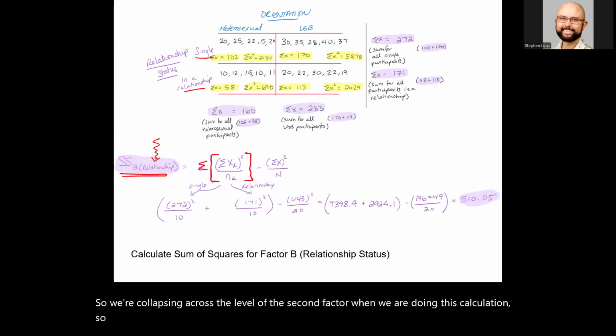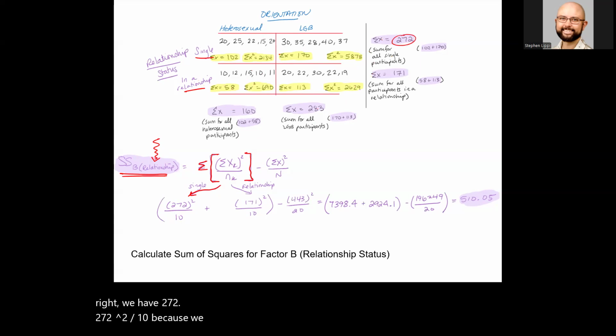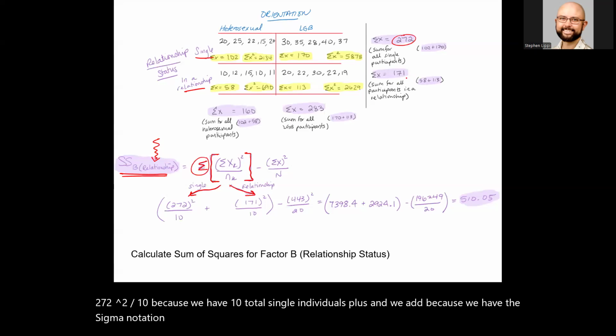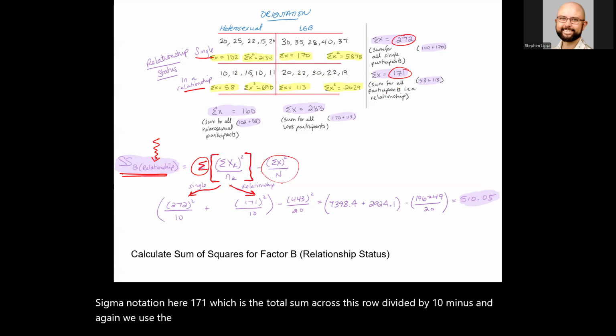So the sum, sigma, of the sum of x sub k squared over n sub k. So the sum of x's for those who are single, right? We have 272. 272 squared over 10 because we have 10 total single individuals, plus, and we add because we have the sigma notation here, 171, which is the total sum across this row, divided by 10, minus, and again, we use the same value here, 443 squared over 20. So here we get 7398.4 plus 2924.1 minus 196,249 over 20 gives us